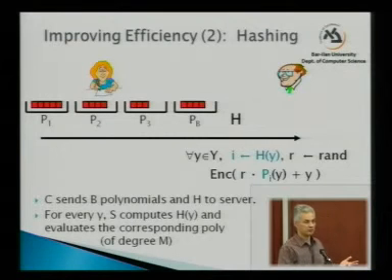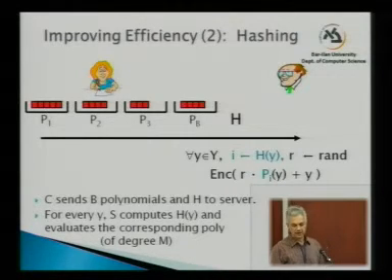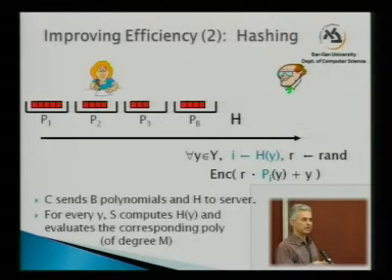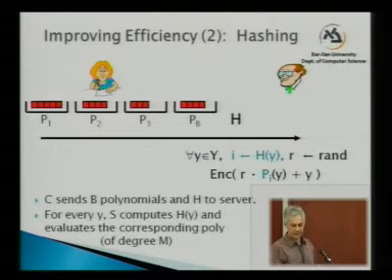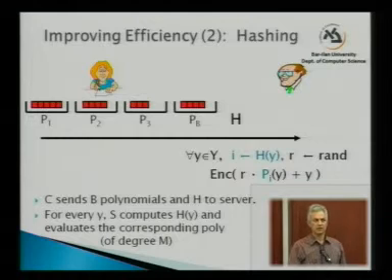So for each input y that it has, the server checks which bin this item would have been mapped to by Alice, and then evaluates the polynomial exactly as before, but only the polynomial of that bin,